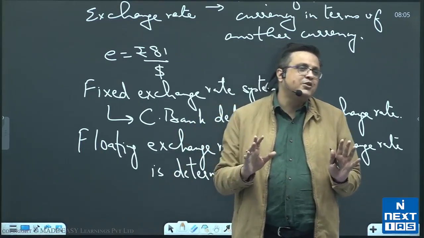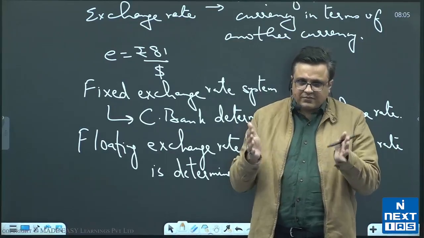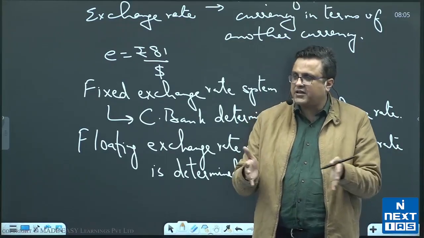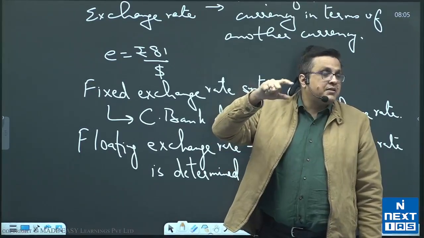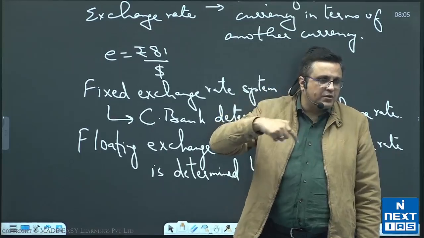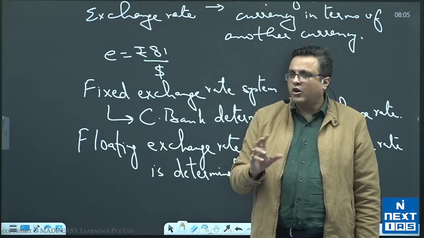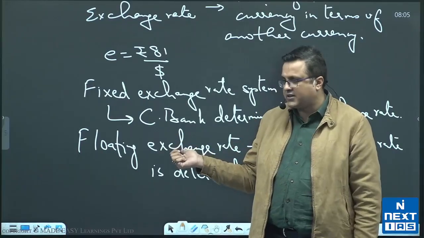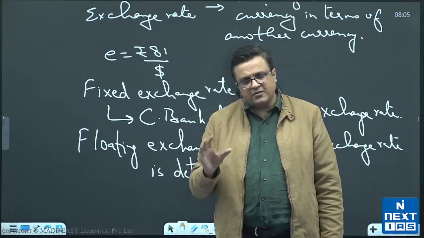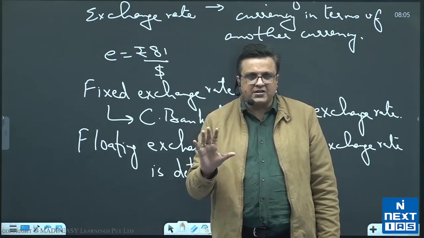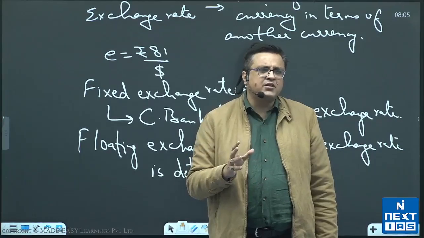One more thing to understand: in the real world, life is between fixed and floating. It's neither a pure fixed exchange rate nor pure floating. The market determines the exchange rate, but the central bank keeps intervening from time to time. That is what happens in the real world. So that is why we say it is managed floating or dirty floating. We say that it's not a clean floating system. There is managed floating where effectively we have a floating exchange rate, but the central bank will intervene from time to time. So in the real world, that is what happens.